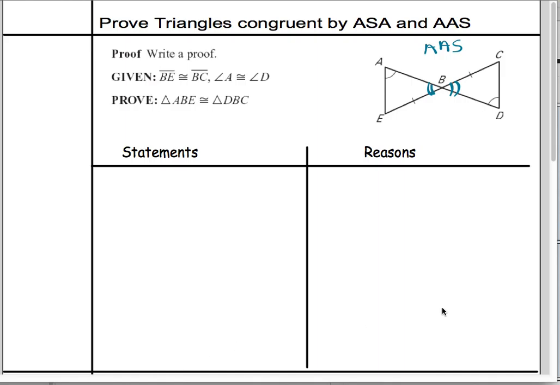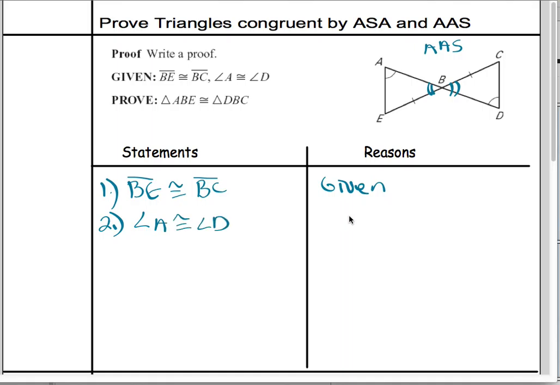Notice that this proof is totally blank, so now we're getting to the point where we're writing a proof from scratch, which is going to be important for our test. So going to the proof, my first line, you could put these together or you could list them separately. It really doesn't matter. Since we've been listing them separately, I guess I'll list them separately. BE congruent to BC, given, and then angle A congruent to angle D, given,